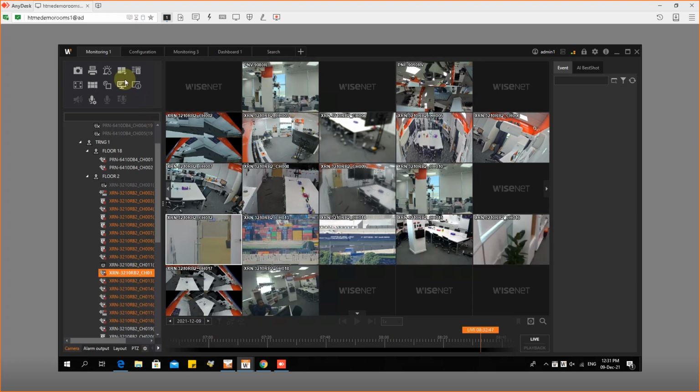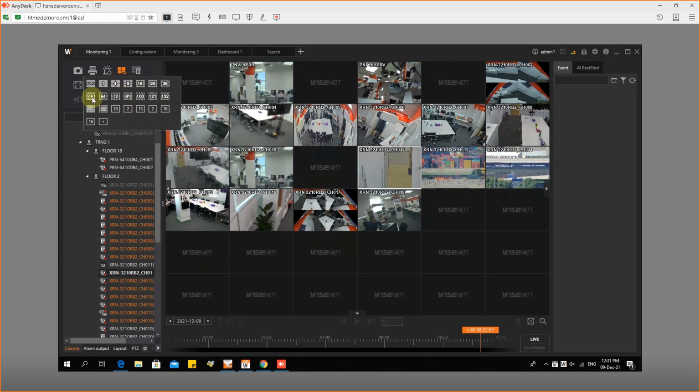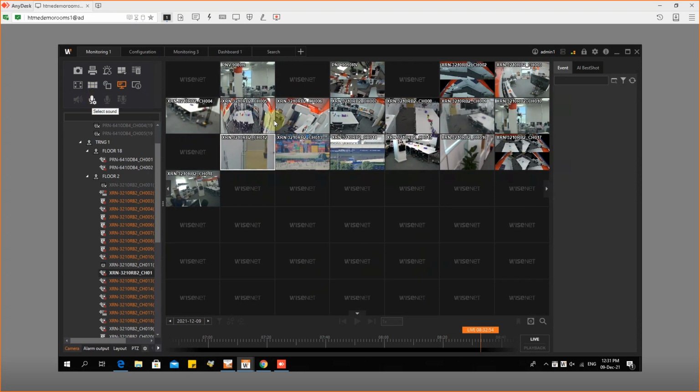The higher the density you go, the more strain for the operator to identify any difference or any intrusion in the scene. If it is all different rooms, maybe one is roof, other is staircase, other is parking area, if it is all different scenes altogether, it will be difficult for the operator to identify any incident. So ideally, whatever scene the operator is looking at, if it's all similar, then his ability to detect an intrusion will be good.